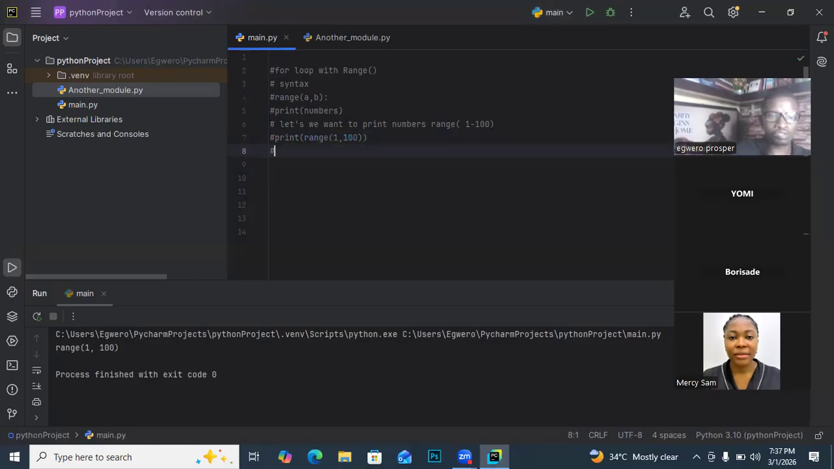So now let's use it. Now let us use the range function, the range function with for loop. So I can say that same thing that we did. I can say for